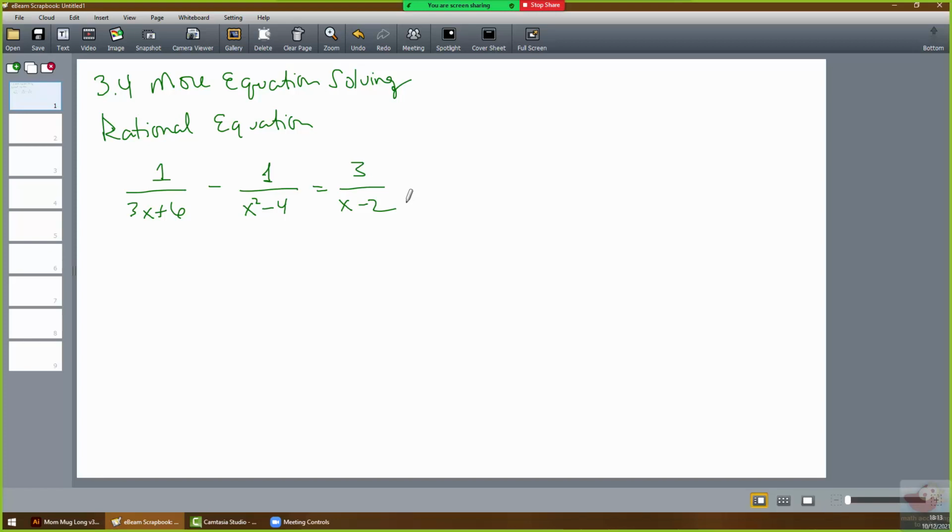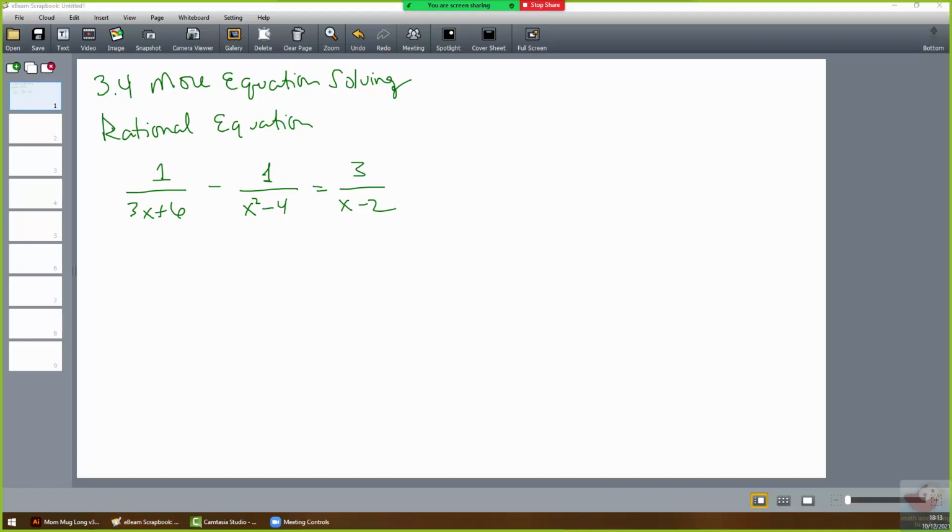Okay, you may already know some ways to solve a rational equation. One of them is to get fraction equal to fraction and cross multiply. That's fine. In my opinion, that's a lot of work. And in this one, it really won't matter as far as the amount of work is concerned. The way I typically do it is I multiply everything by the LCD, which means we have to first figure